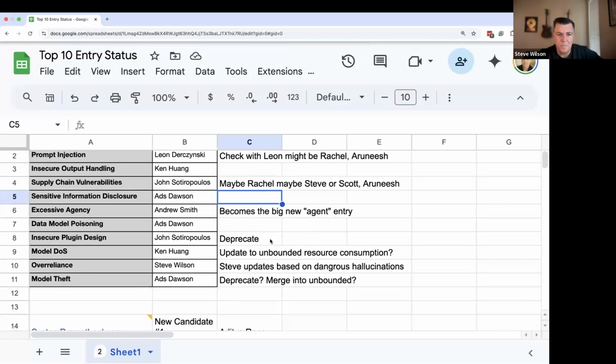Okay. Just to close this out, denial of service, I have to track this down because there's been a bunch of really good discussion about how to update this, looking at denial of service, denial of wallet. There was even some discussion about whether model theft should be split up and deprecated. Model theft contained two things.